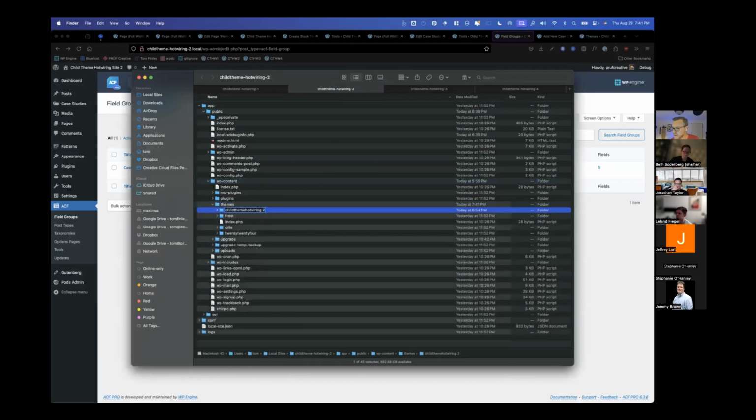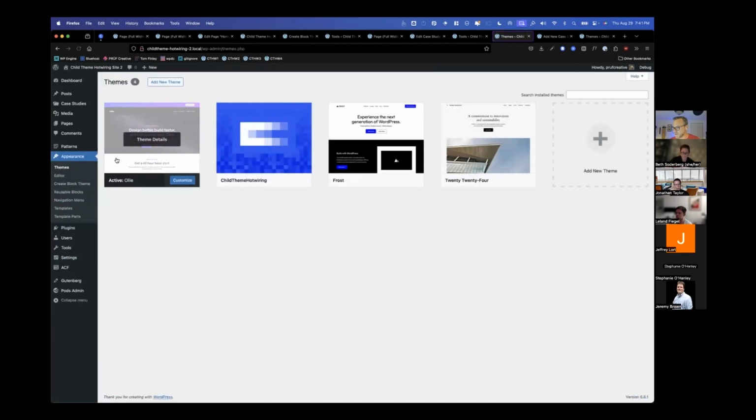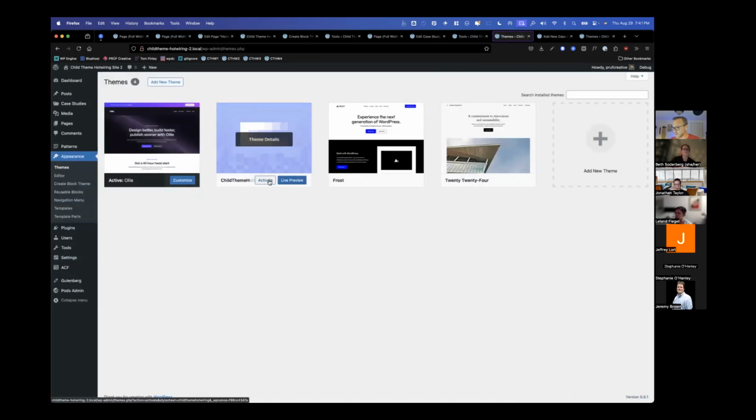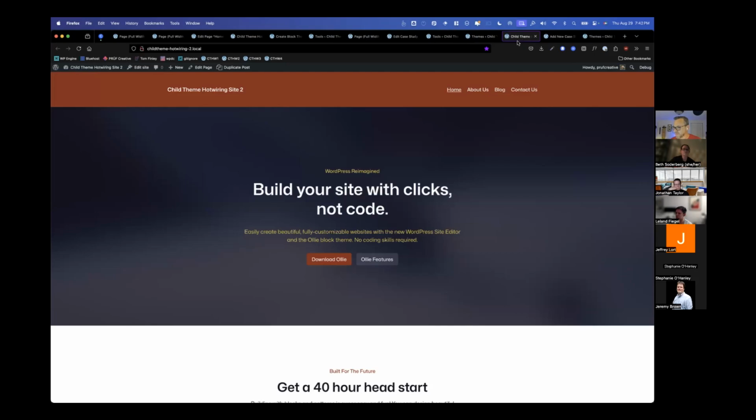Okay. So what I've done is just completely brought over all of the code that I was working with before on my first demo site. And now that I have my ACF field group imported, all I have to do is go in and activate this child theme. And we should see a couple of changes immediately. The blue purple Ollie default is largely gone, with the exception of this photo because that is an actual block.